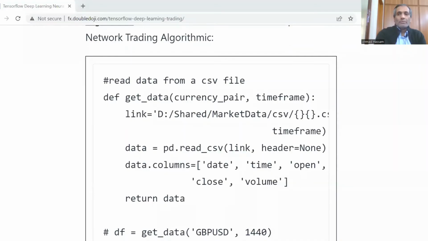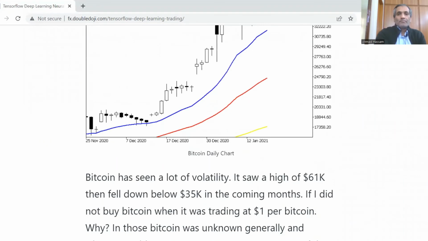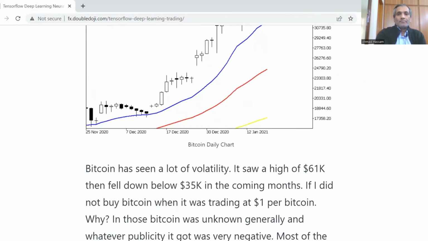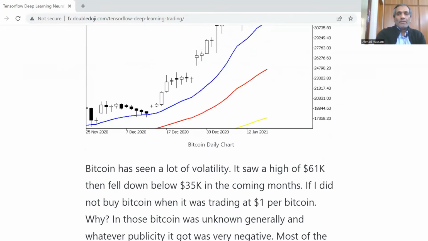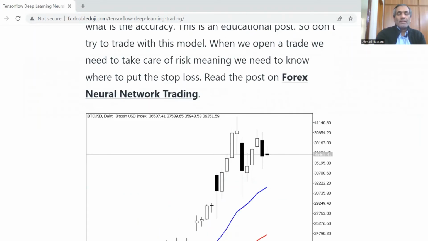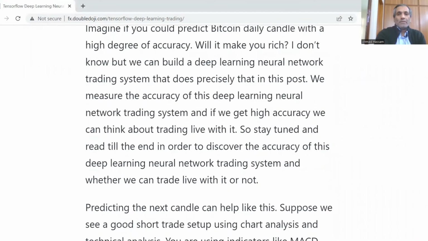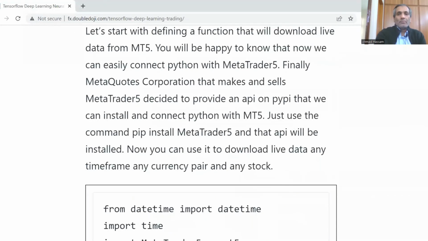This is my blog post where I've discussed this TensorFlow deep learning neural network trading system. This is a Bitcoin daily chart. Bitcoin has got a lot of volatility, and if you can predict the next candle, it can be very profitable. So I have given the code also on my blog.